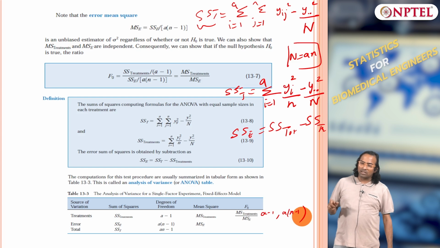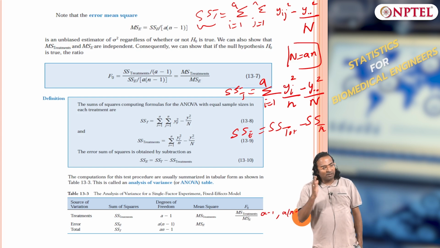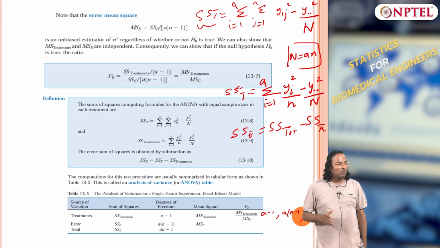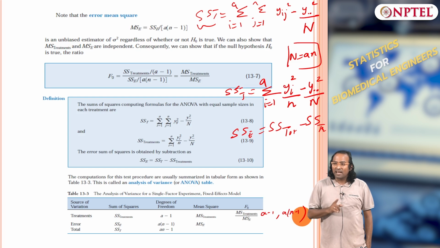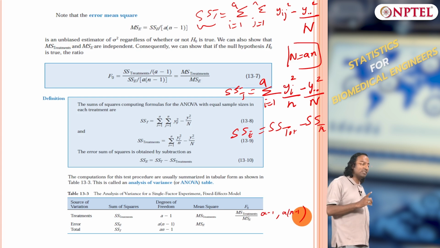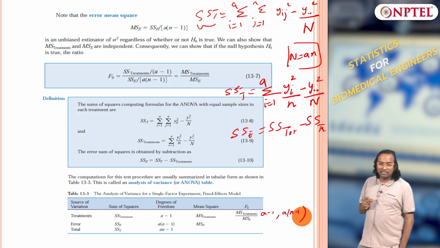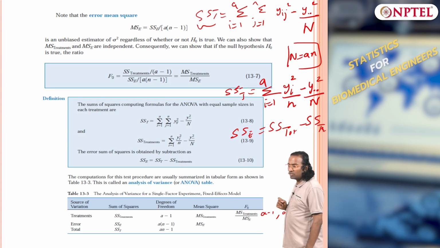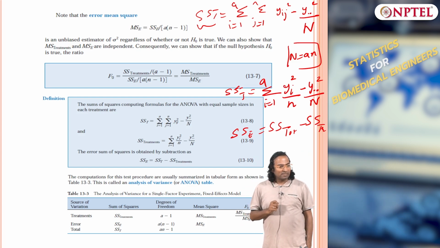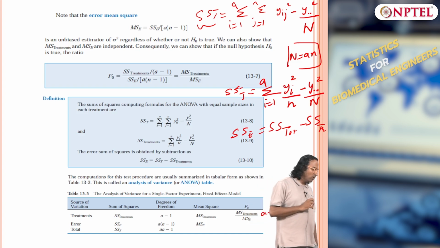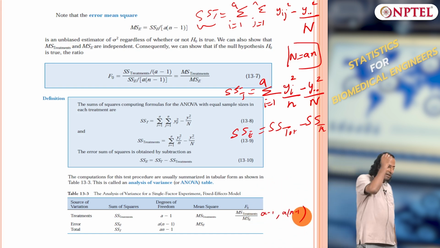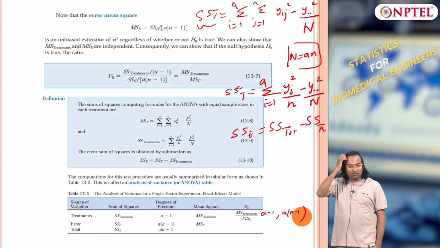So these two are orthogonal, so the sum square total is literally divided into two parts, and I say these two are orthogonal because you remember the cross terms going to 0, right. So that is why I said these two are orthogonal to each other. Make sense? Clear? Okay. So those are the important ideas from our last class.